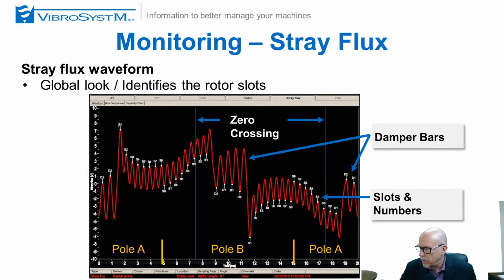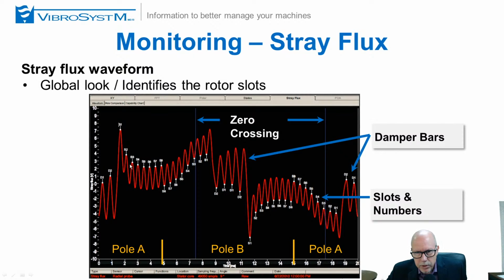We can see where the damper bars are, and that's the middle of pole B in this case here, and we can see damper bars on the sides here for pole A. So what we see is the flux of each individual coil, and we can identify